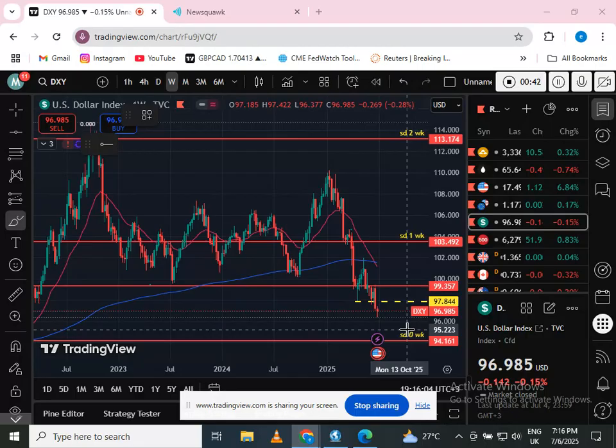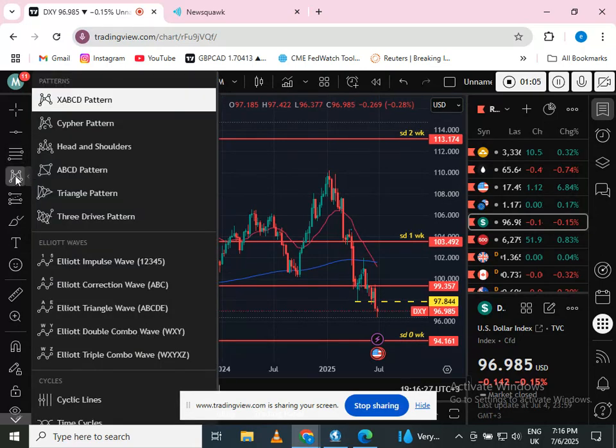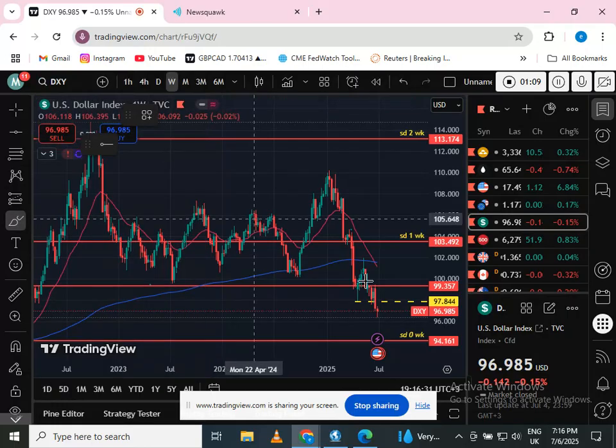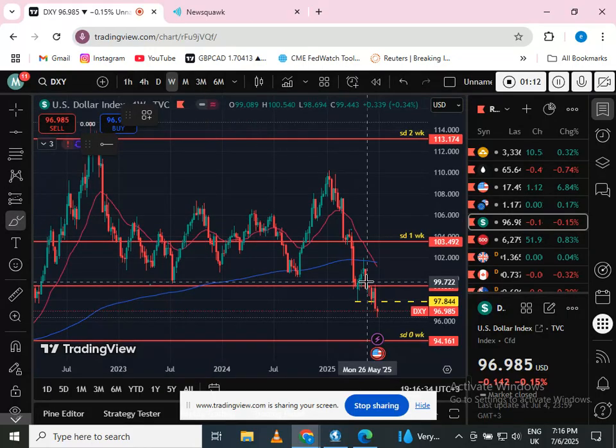So starting this week, we're going to start with the DXY, or you can call it the US dollar index, whereby we were selling this pair over the long term, and we are looking for our main take profit target, which was at 94.60, whereby right now currently the price is at 96. I'll continue looking for sell opportunities on this pair due to the US economic policy, whereby currently the US economy is not